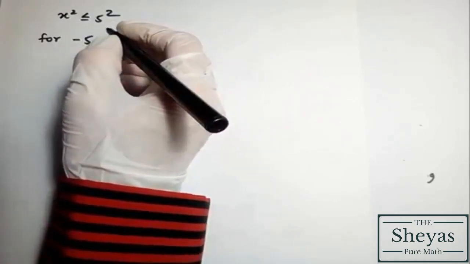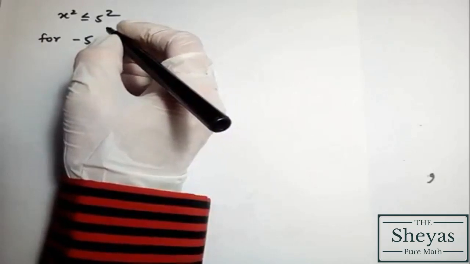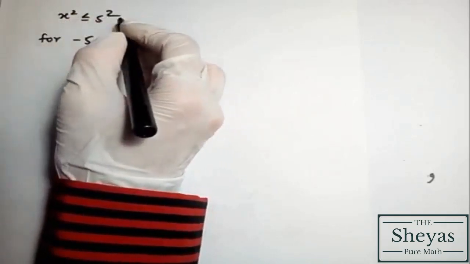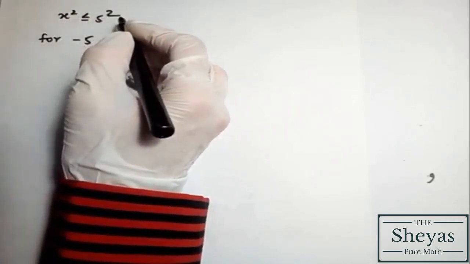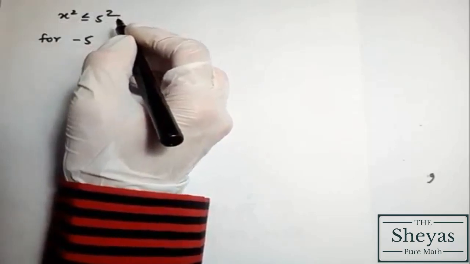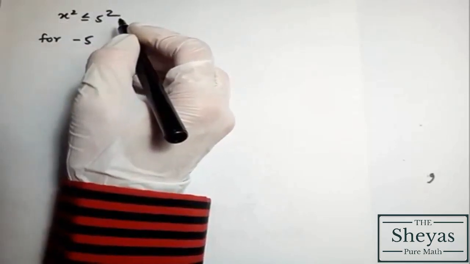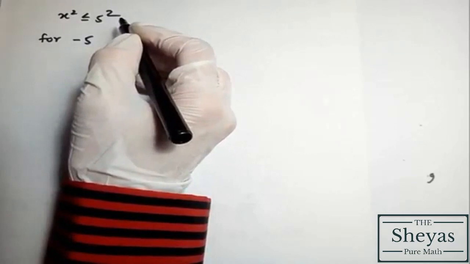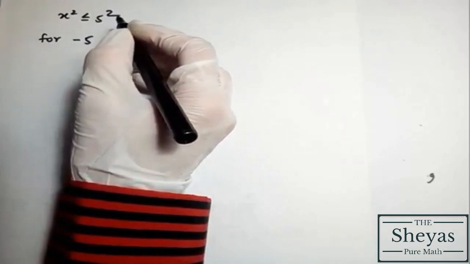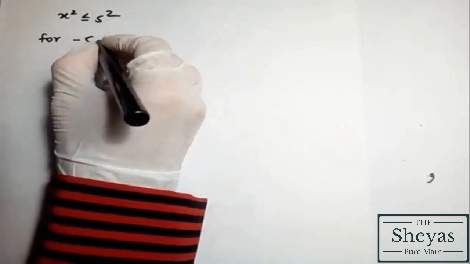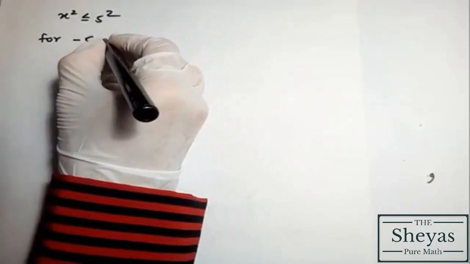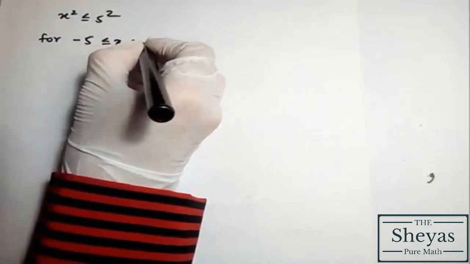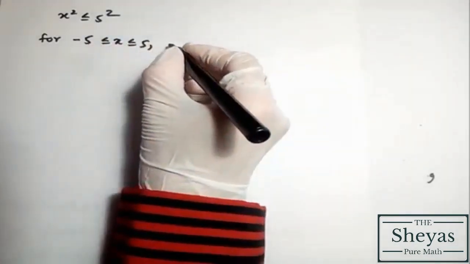Since it is a square, it involves both positive and negative values. Then you have to finalize for which region the function is decreasing. You have to take some values and check. So here I have checked and finalized that for minus 5 less than or equal to x less than or equal to 5, the function